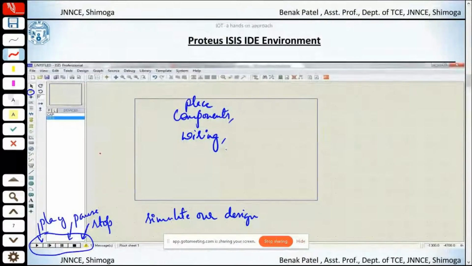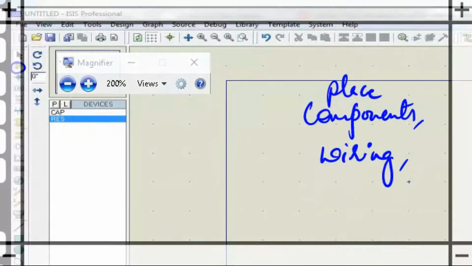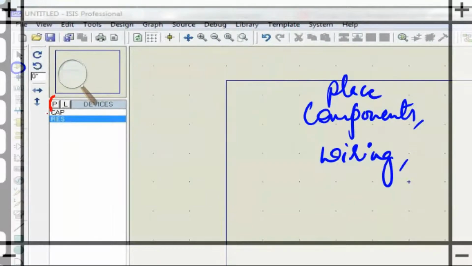So if I zoom in on this, here you can see P over here. Just by left clicking this P, we can enter into place component mode, or what other approach we can do is we can press the P key from our keyboard.